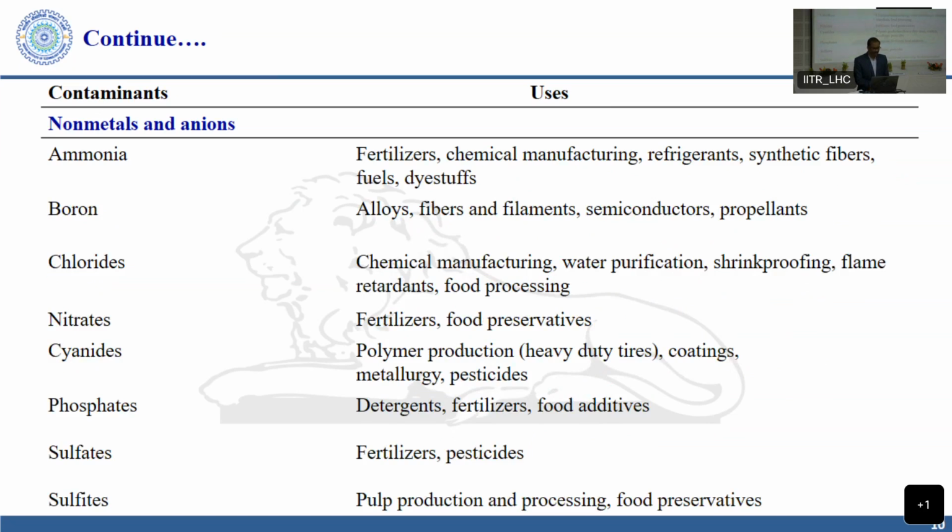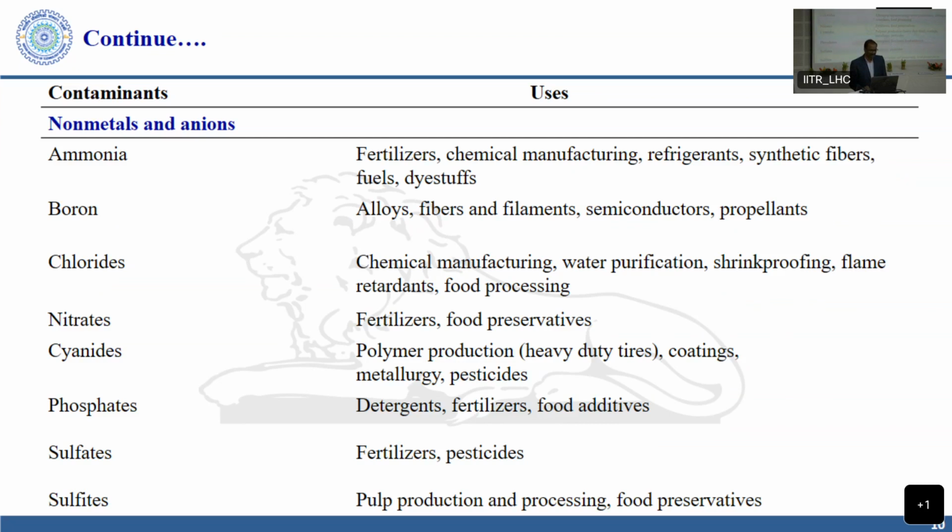Boron is also a non-metal, used as an alloy for fibers, filaments, semiconductors, and propellant. Chloride is used in chemical manufacturing and water purification. You know that generally in a water tank, we put chlorine to treat the water and kill the bacteria in it. Nitrate is mostly used as fertilizer, and it is also used for food